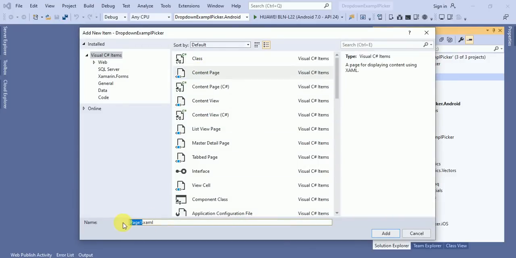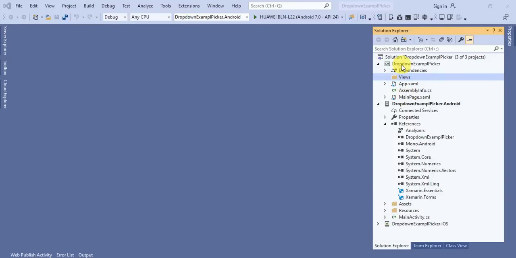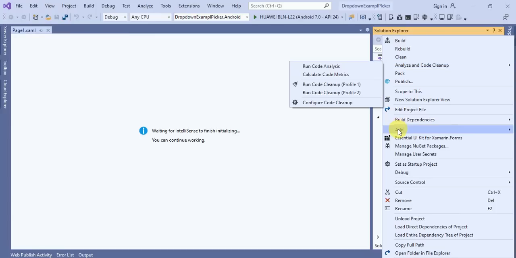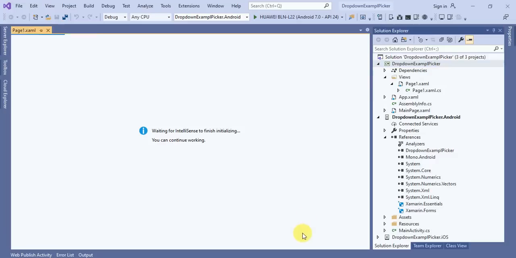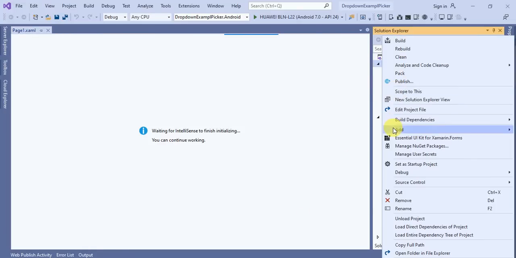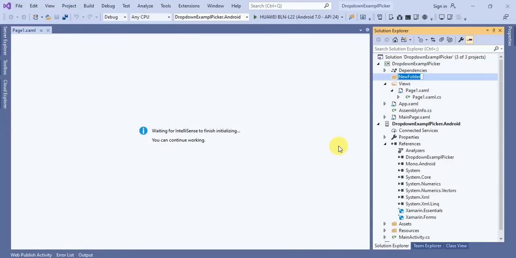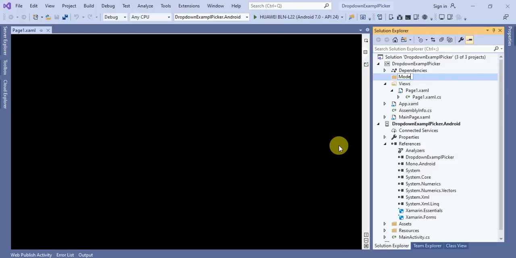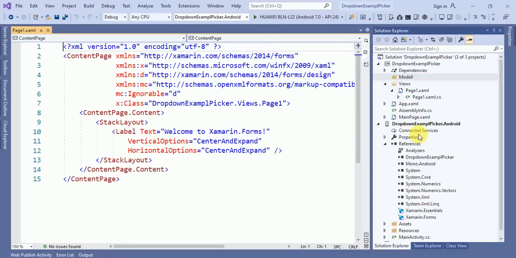That content page will be our, suppose, Page1, and this will be our Model, and the last one, ViewModel.